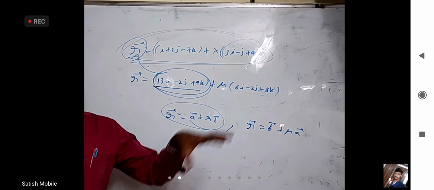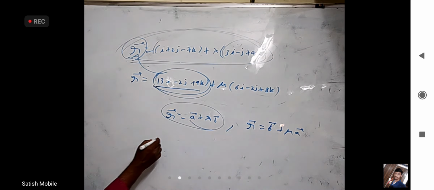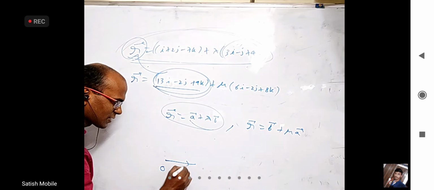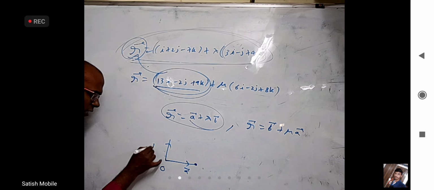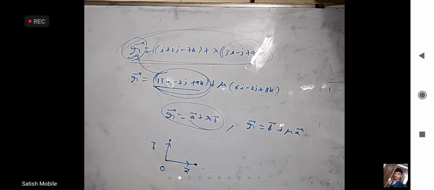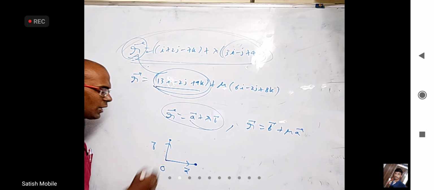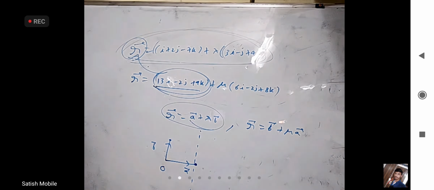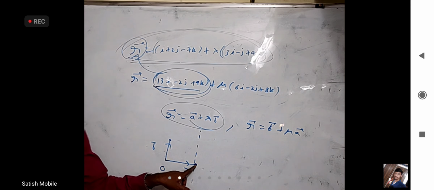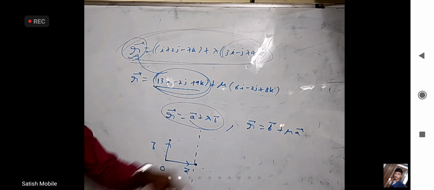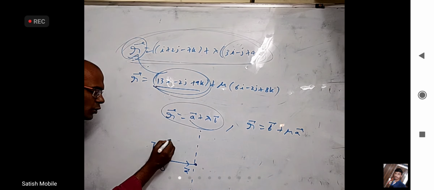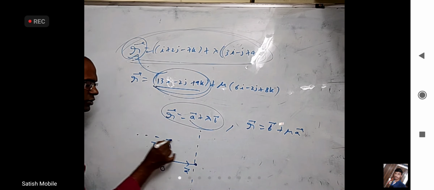You can even visualize it, I will show you. This is the origin. This vector is a bar and the position vector of this point is a bar. This vector is b bar and the position vector of this point is b bar. What is this first line? Passing through point a bar and parallel to b bar. This is the first line. Is it passing through point a bar? Is it parallel to b bar? Yes, the first line is this. What is the second line? Passing through point b bar but parallel to a bar, which is this one.